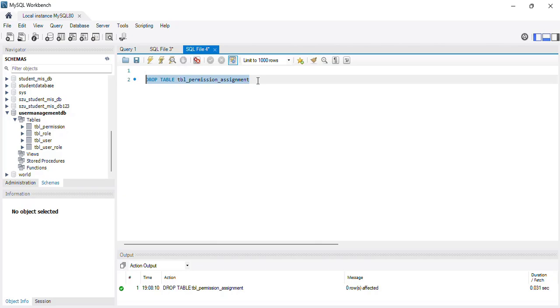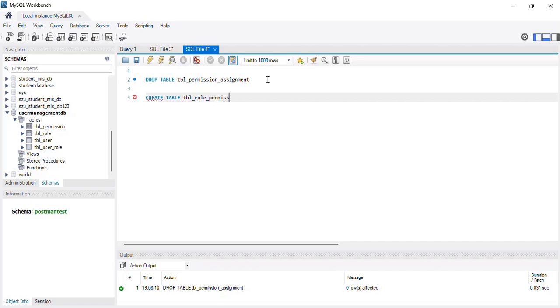There is no problem. Okay, thereafter let's create tables for the user permissions and for the role permissions because we want to assign permissions to the user directly and we want to assign permissions to the role. There is no problem. Let's create tables. First, we want to create table, for example, TBL role permission, and here we want to add columns, for example, role permission ID integer auto increment,